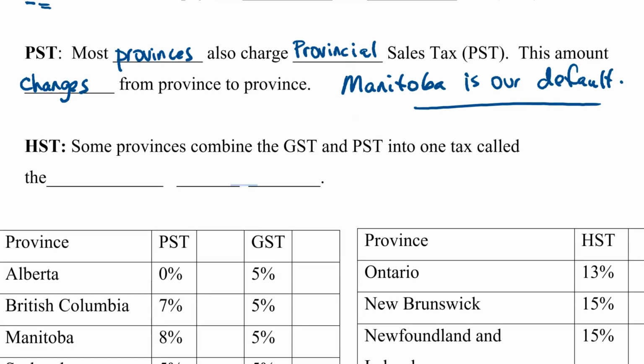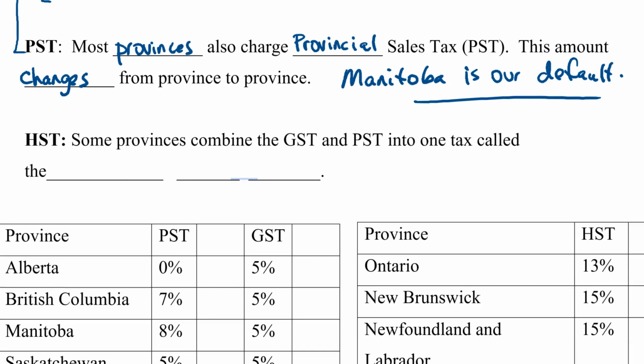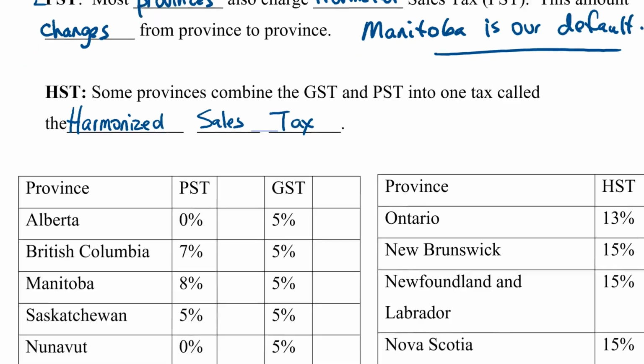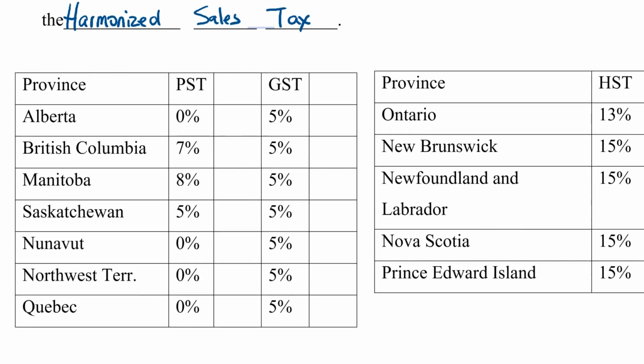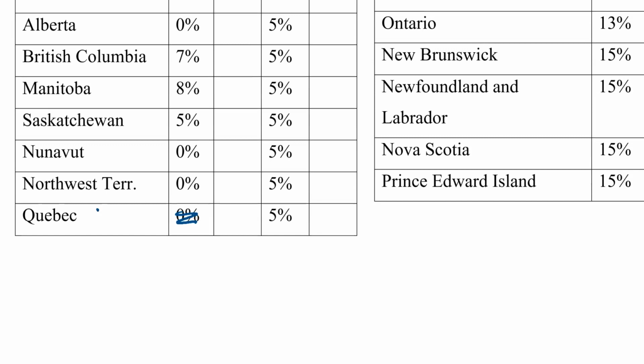Now there are a few provinces that have combined together the GST and the PST into a single thing called a Harmonized Sales Tax. So the H is Harmonized Sales Tax. So if we look at this here, Alberta has 0 provincial sales tax, but they still have the GST. Nunavut and Northwest Territories are similar to that. Actually, Quebec is not correct. I'm going to get you to fix this. So Quebec, it's not 0%. Theirs is